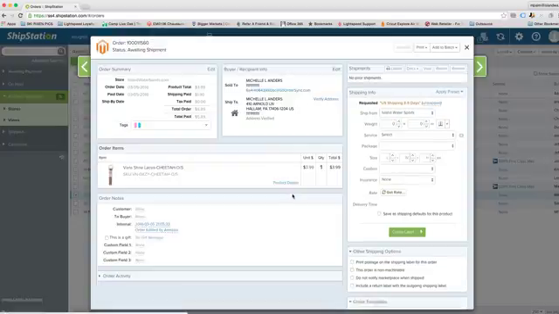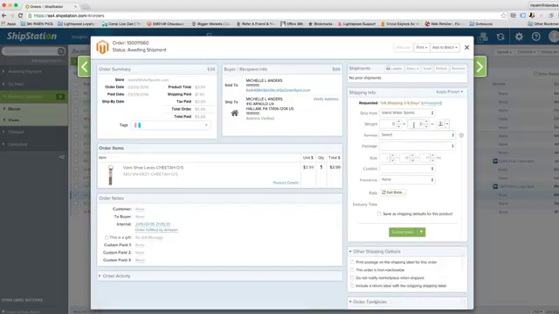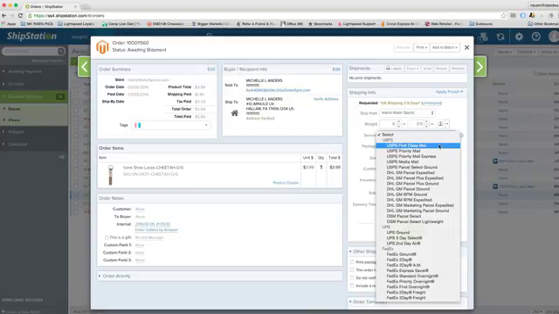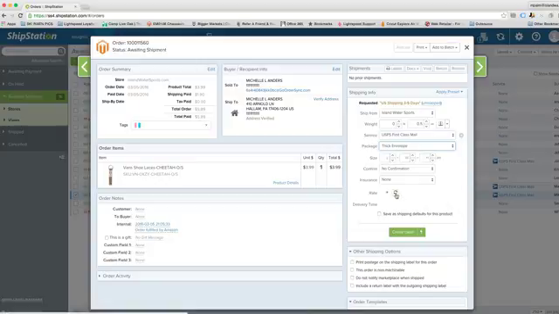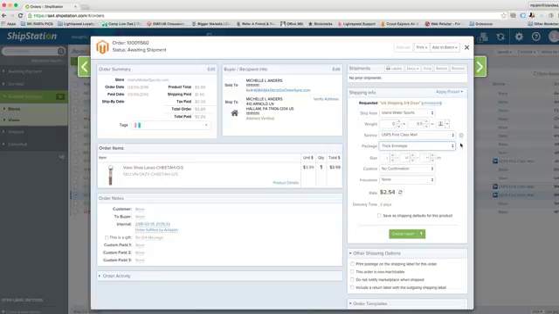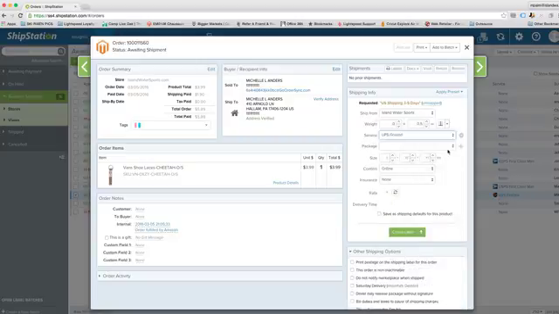One of the biggest reasons is to be able to check the best weight for a product based off of the service. So, for example, I can do First Class Mail, with Thick Envelope as the package type, and I can get a rate of $2.54. But if I was using UPS Ground,